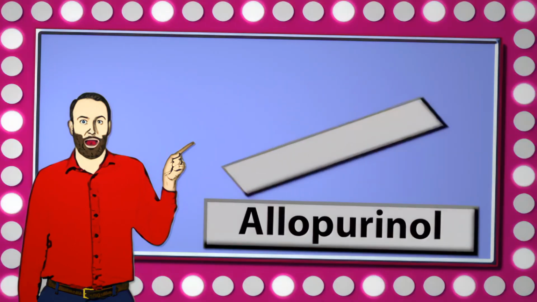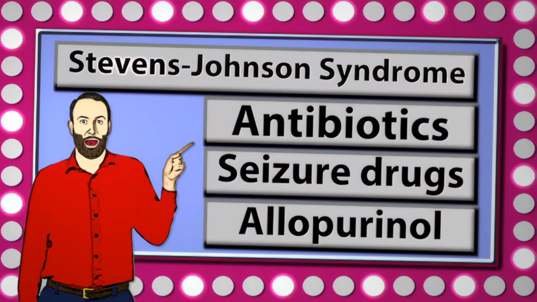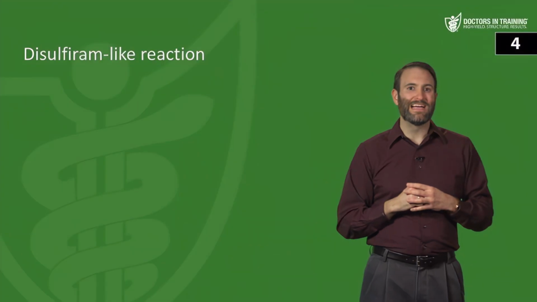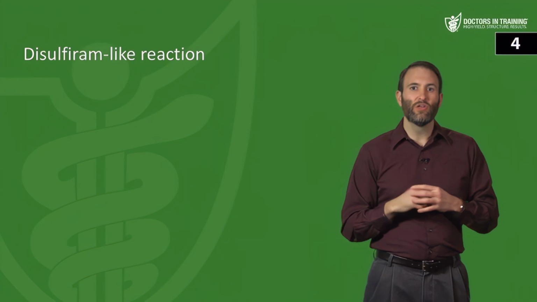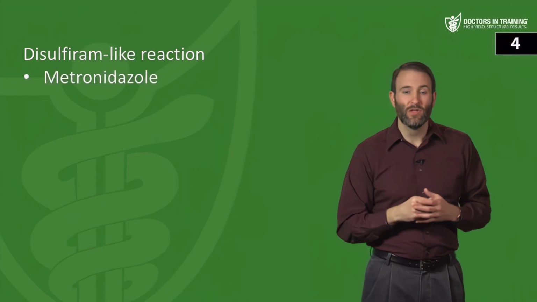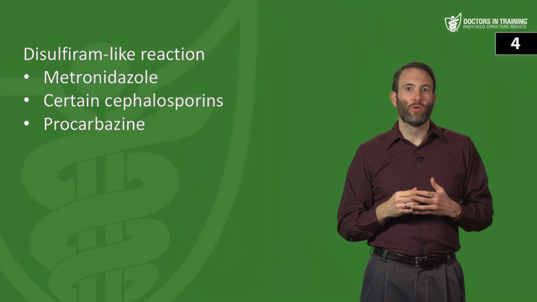Allopurinol, seizure drugs, antibiotics. Think of Stevens-Johnson syndrome. All right, and for our last group here, we have just some multi-organ type side effects. So if the first one is the disulfiram-like reaction, and that's going to include drugs like metronidazole, certain cephalosporins, procarbazine,